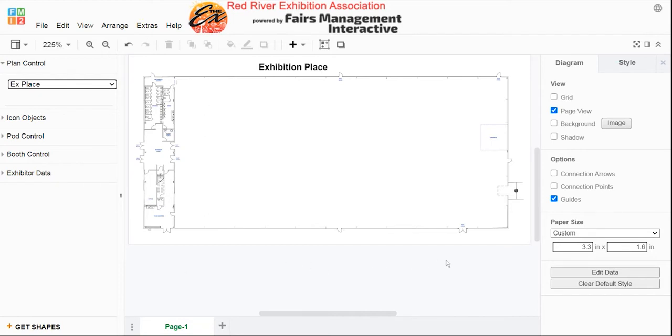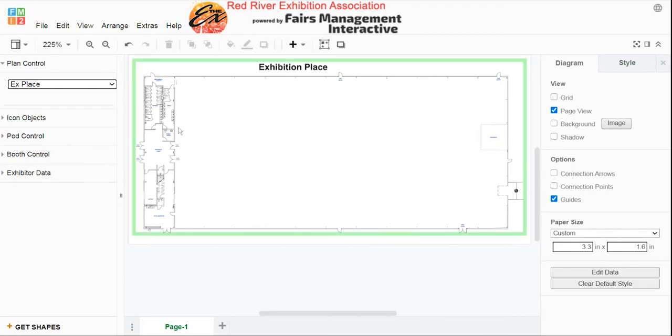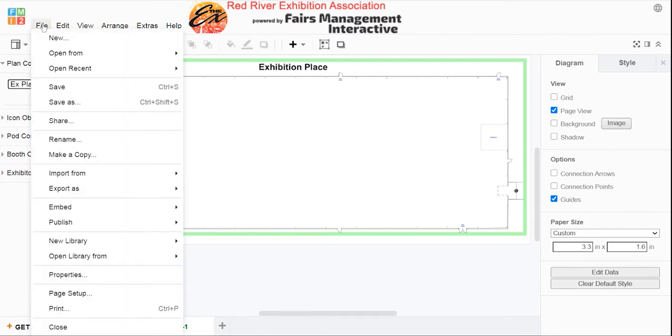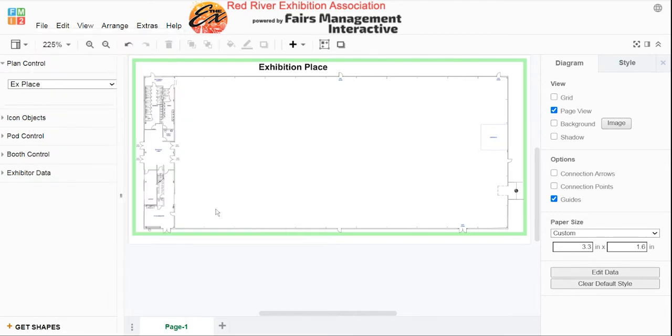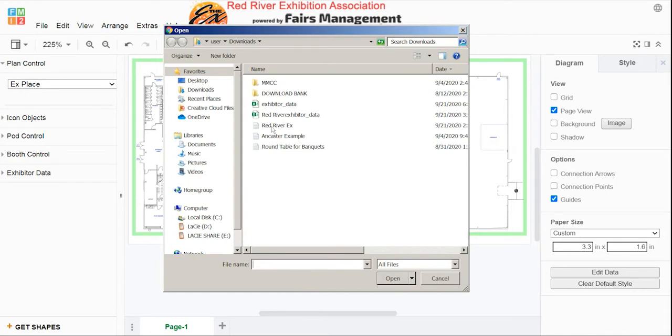Another quick difference here is that you now are able to save your floor plans to your own device, so you can back them up as much as you want, put them up on the cloud, and maintain a collection of floor plans in the security of your own computer and your own networks. So to load this plan, I've already saved one, so I simply go to Files, Import from my device, and I pull up this plan I've already saved,